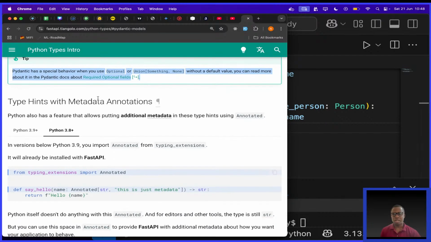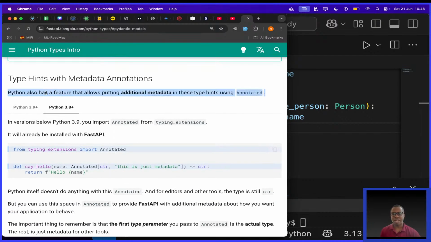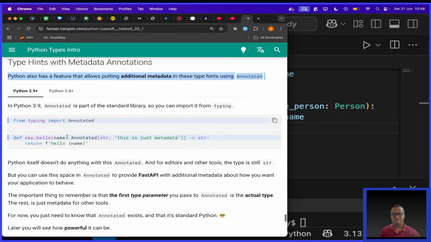Type hints with metadata annotations. Python also has a feature that allows putting additional metadata in these type hints using Annotated. In 3.9 plus, the same, from typing import Annotated. Then you say Annotated, and this is just metadata. What I like about the approach I'm taking is that by the time you're working with something called Pydantic, you actually understand what you're doing.